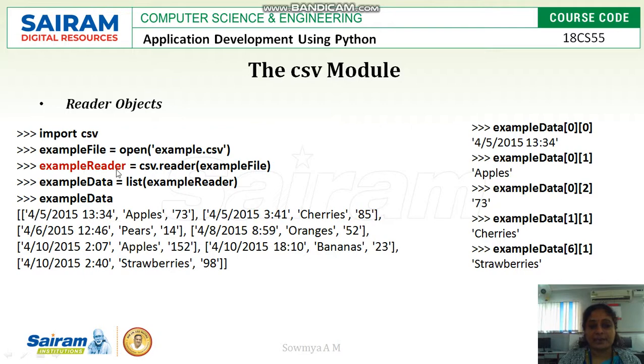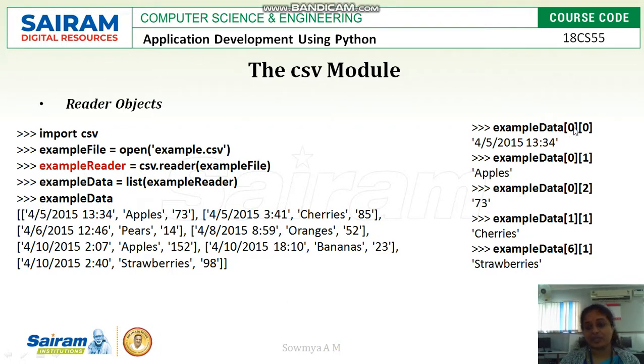Then example reader is the reader object for reading the file example.csv. csv.reader, by passing the file object, will create a reader object. example data is equal to list of example reader, which copies the list of data stored in example reader. If you print example data, we will get the data.